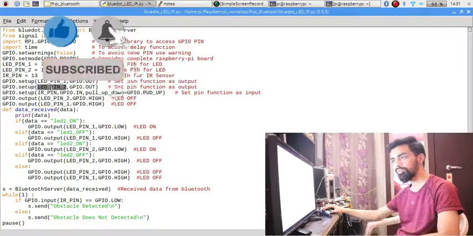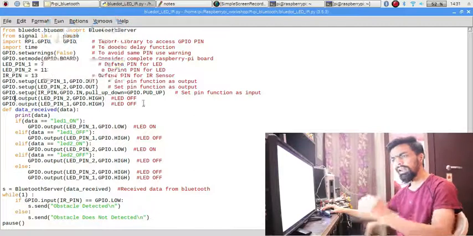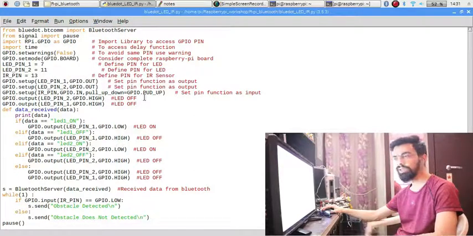Then at the initial stage we have to turn off the LEDs. To turn off the LED we have to send a high signal on that LED pin. Why a high signal? Because we have connected the high pin to VCC and the low pin from the LED to pins 7 and 13. So whenever you send a 0 signal, it will turn on the LED, and whenever you send a high signal, it will turn off the LED.